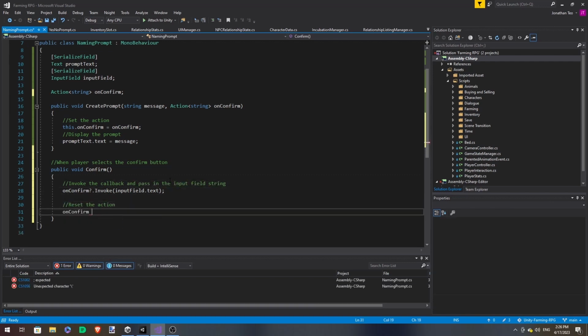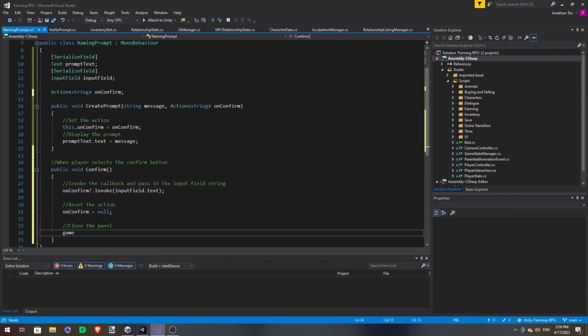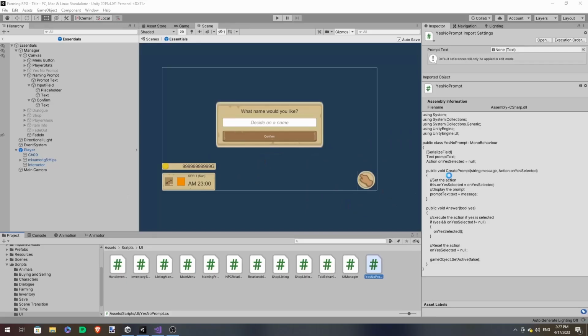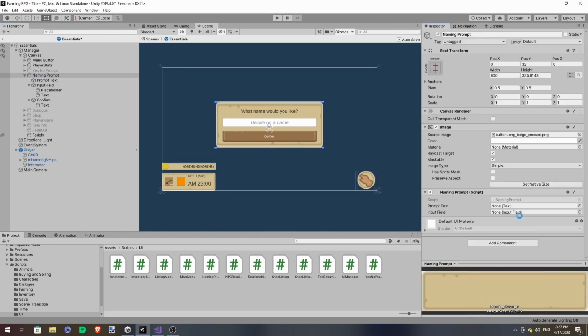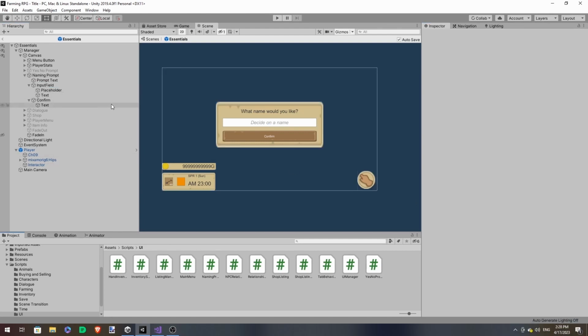And then we'll reset the action and close the panel. And let's assign the variables in the inspector. Naming prompt: prompt text is prompt text. Our input field is the input field. So we've assigned the variables.